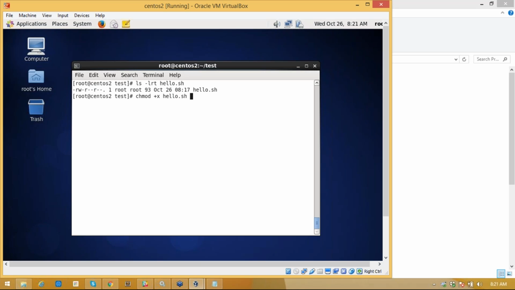In this way also you can do it. Just I represented it, right? You can represent it either by characters or by numbers.